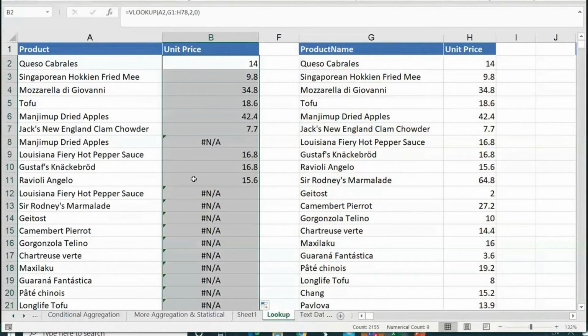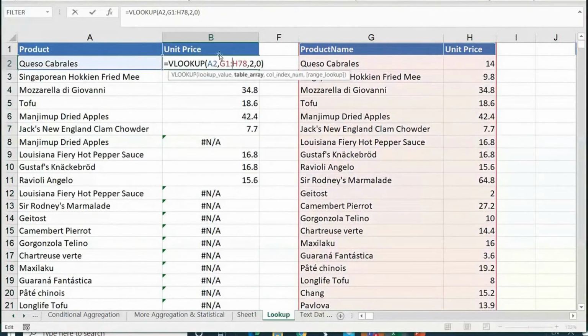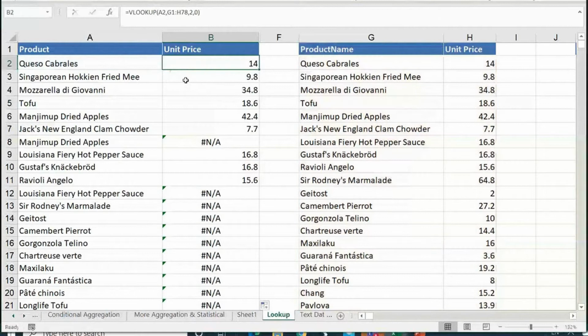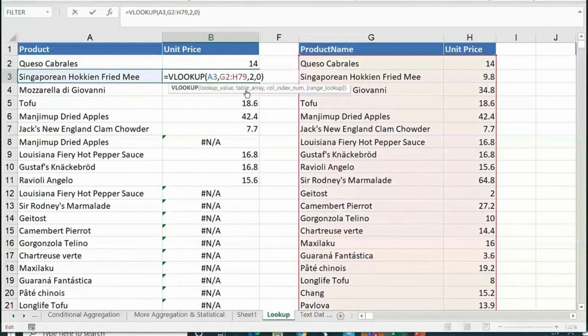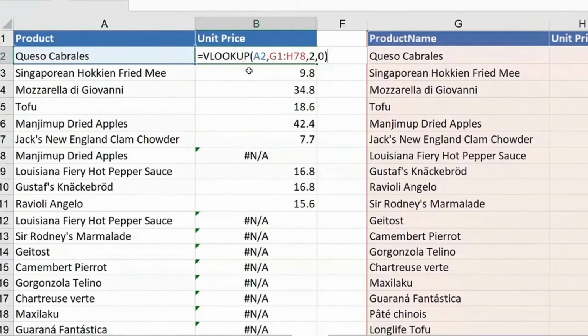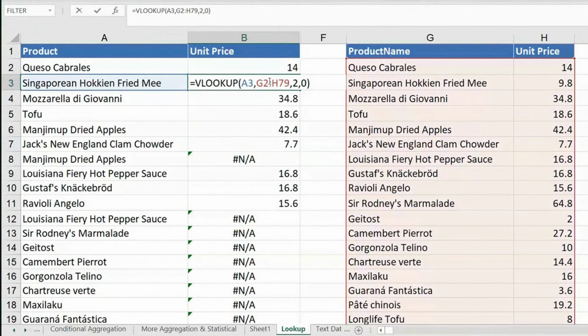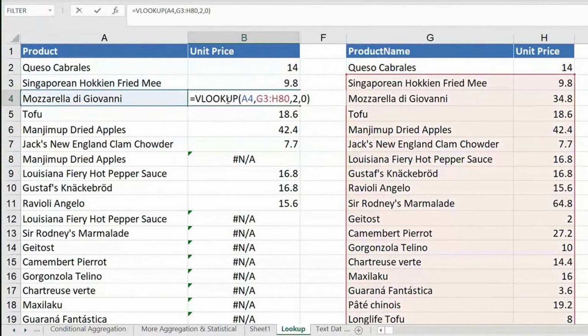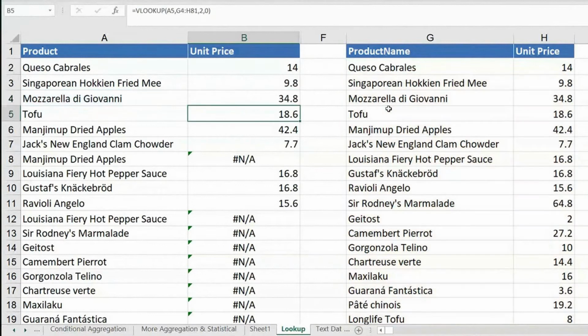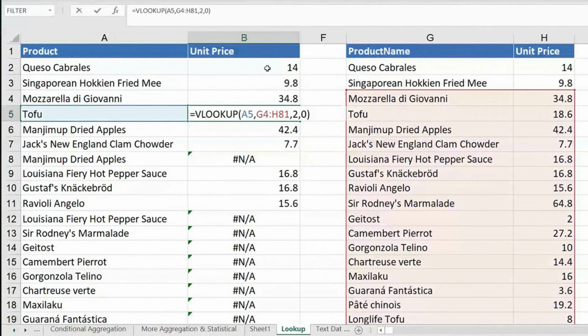Some of you got this problem, right? People who know VLOOKUP, somebody said didn't get. One of the reasons might be this. We got errors for so many, some for this. See what's the problem here, guys? G1 to H78. When you take only the range, when you go to the next cell, the range shifts. Look at this, G1 to H78. When I go here, it is reading what? G2. Next cell, G3. Next cell, G4. What's happening here? When I copy my formula, my range is shifting down.